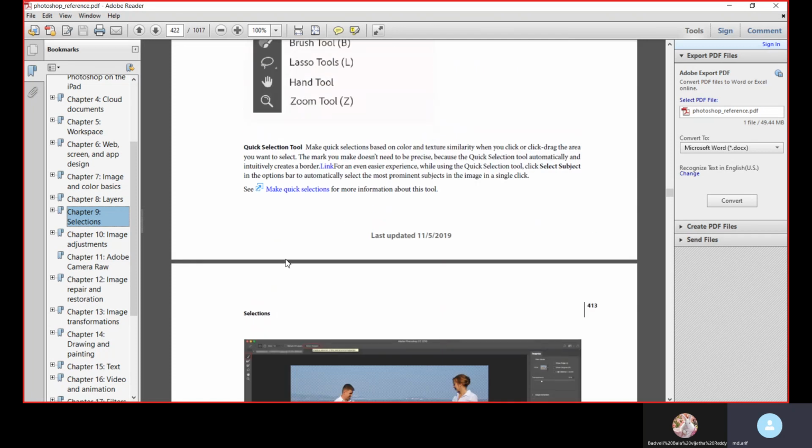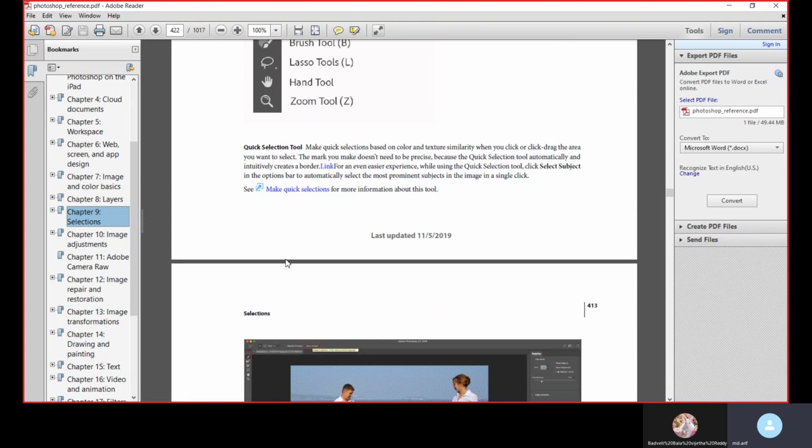Quick Selection tool. Make quick selections based on color and texture similarity. When you click and drag the area you want to select, the mark you make does not need to be precise, because the Quick Selection tool automatically and intuitively creates a border.